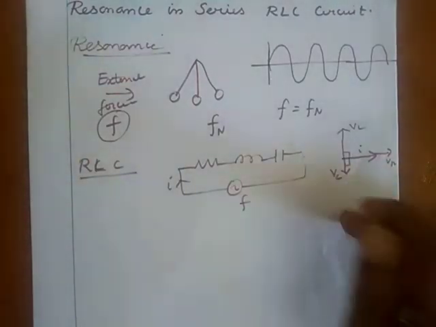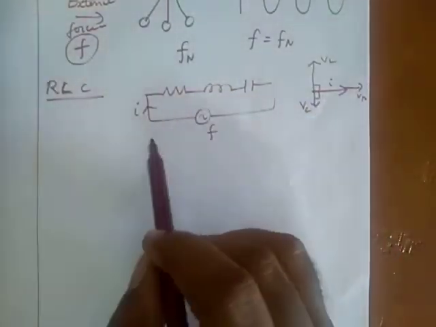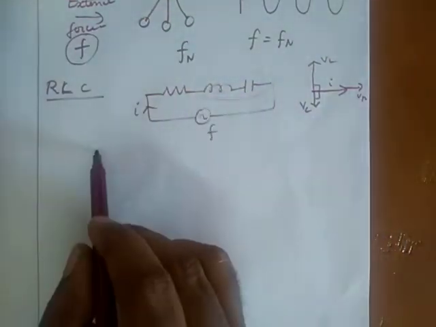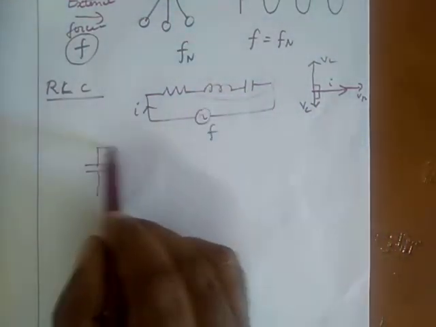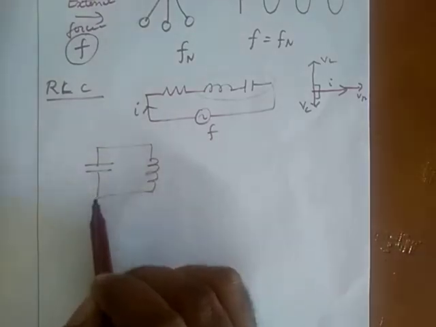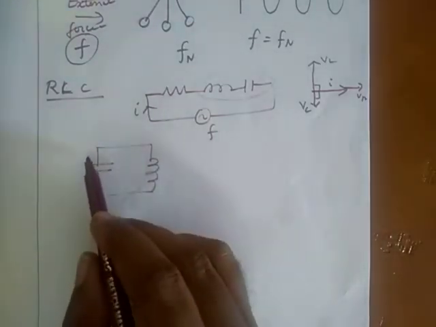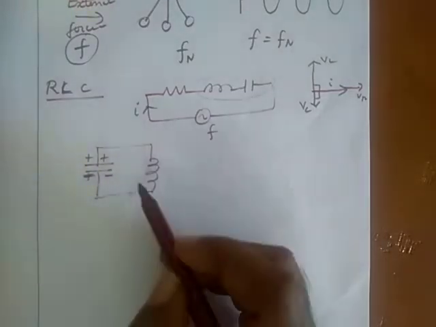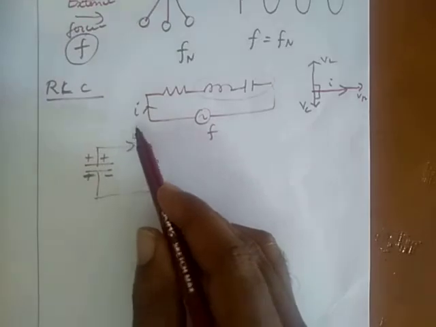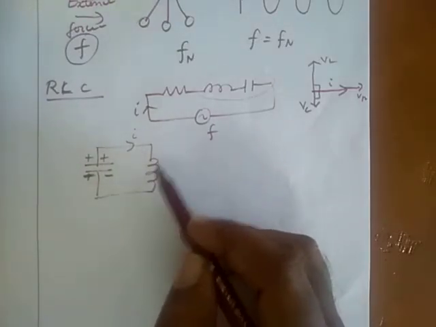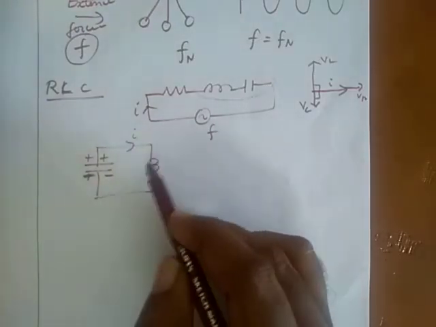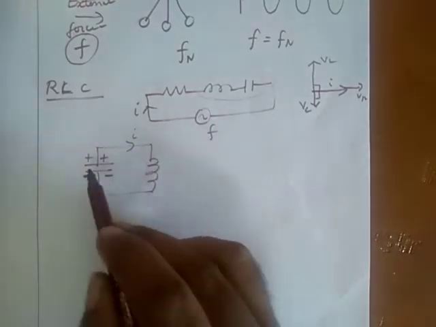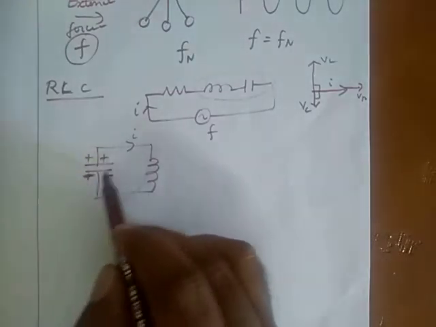At resonance, first of all you have to know about this. Here I consider a capacitor and inductor like this. This circuit is known as a tank circuit. If I apply energy to the capacitor, it will be charged. After charging, it will be discharged, then the current will flow. Due to the flow of current, it produces magnetic flux. Due to the change in current, the flux also changes. It induces an EMF. Then the capacitor will be empty.